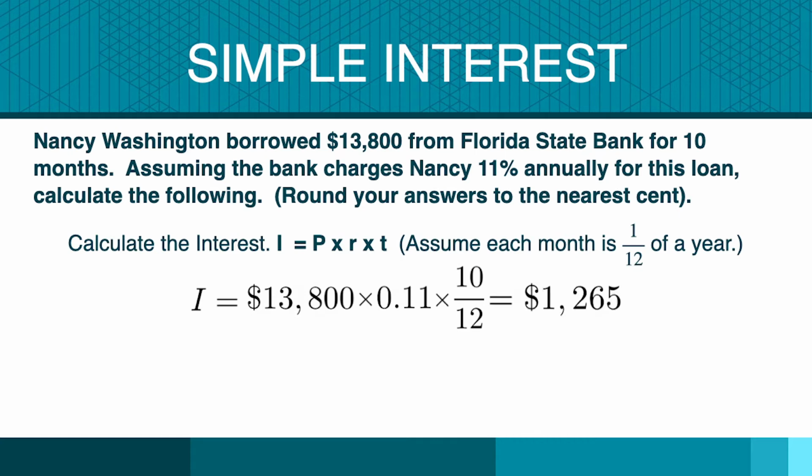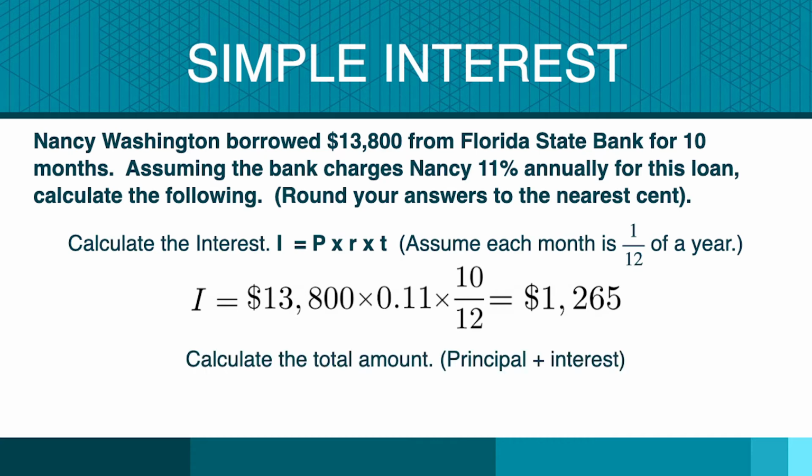$1,265. The second question asks for the total amount, which is principal plus interest. In the original problem, P is equal to $13,800, and the interest calculated is $1,265. After adding these values, the total amount is